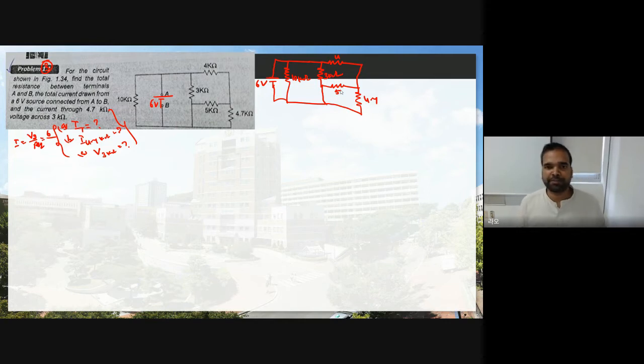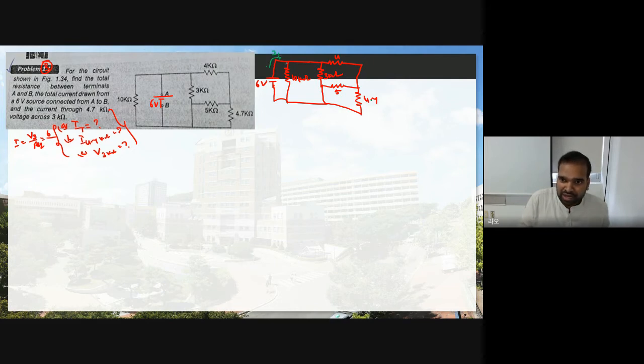Now you need to simplify. You need to find R equivalent of this. Now how to find R equivalent? I am saying that this 5 and 4.7 kilo ohm resistors are connected in parallel. How can I say that? See here, in order to know how elements are connected in series and parallel, you have an assumption. Suppose from this battery, let us assume I1 current is coming. I1 is the total current.